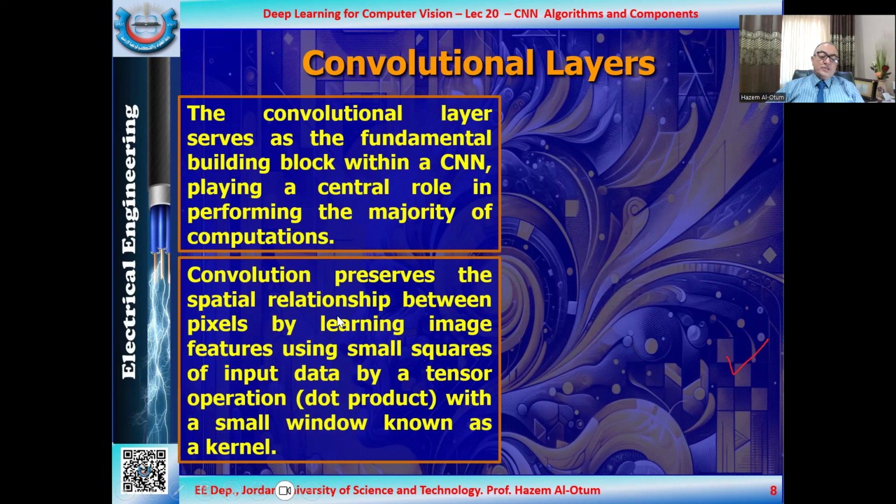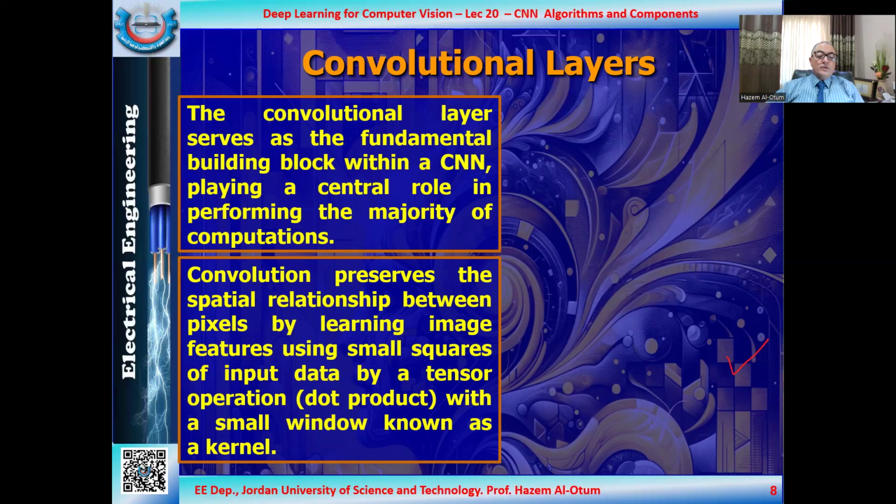I mean, in 2 dimensions, in the row direction and the column direction, while it learns features about the image, starting with edges, then going further to more complex features, let's say, like circles, dots, and small window sizes. We usually apply the convolution layer, as you know from previous lectures, by convolving, applying a dot product between a small window, we call it